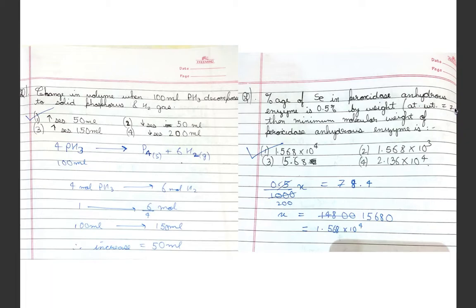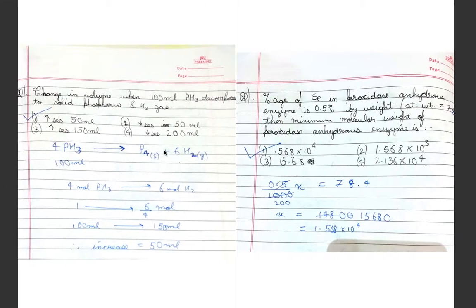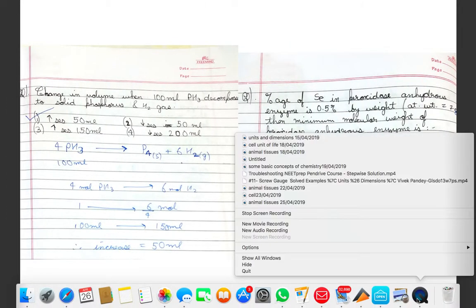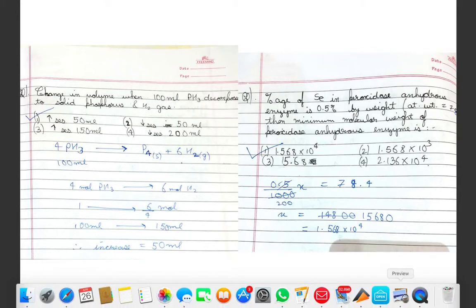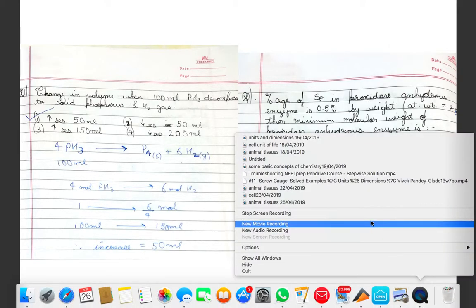So here it is 78.4, and it is said that 0.5% of that element is equal to 78.4. Just the same thing, then x would be this. Calculating it would be very easy, but still it should be remembered. And you should not go on this name, peroxidase anhydrous enzyme. It is just a way to distract the students, so that they think that it is